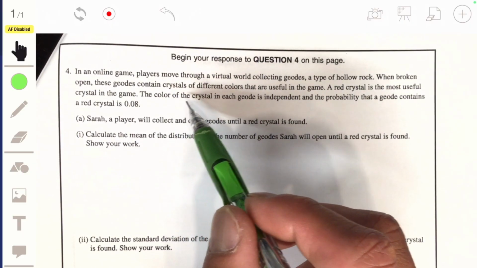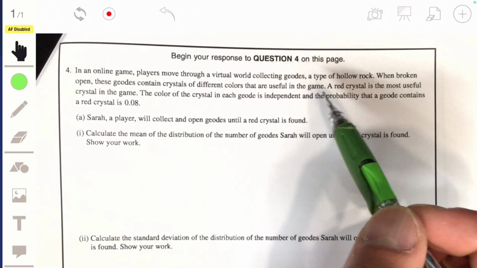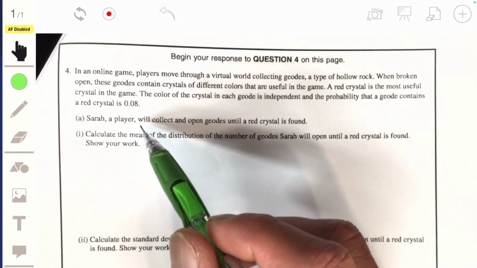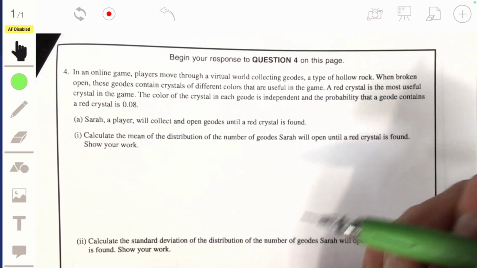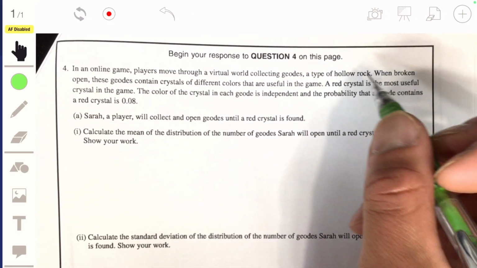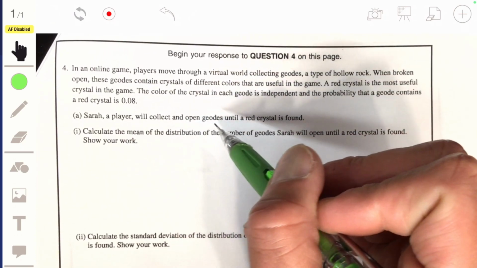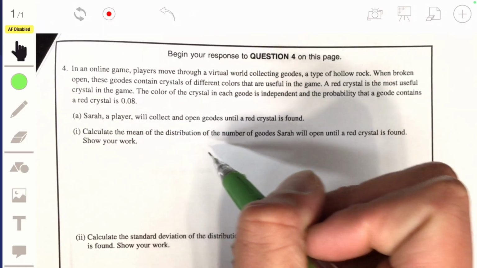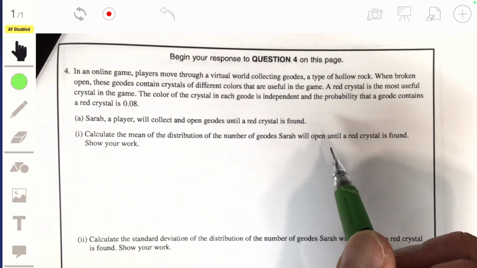Of course. The color of the crystal in each geode is independent, and the probability that a geode contains a red crystal is 0.08. Sarah will collect and open geodes until a red crystal is found. I'm sorry about this shaking, guys. So calculate the mean of the distribution of the number of geodes Sarah will open until a red crystal is